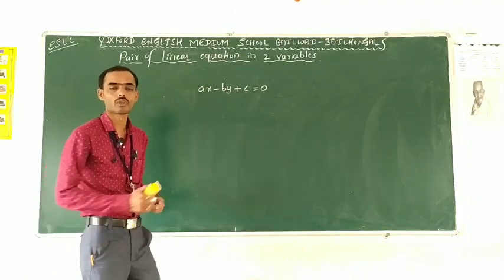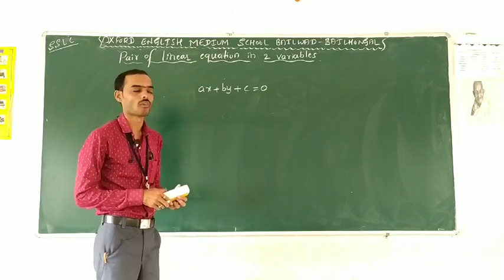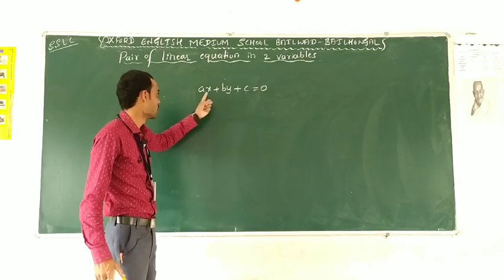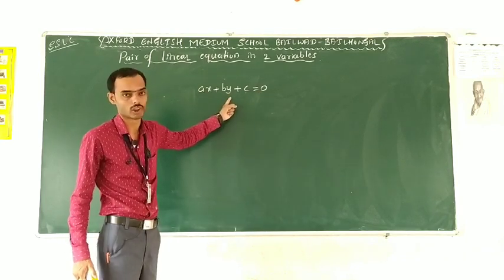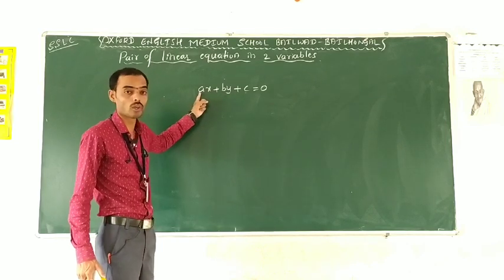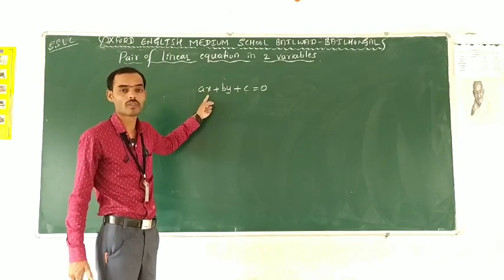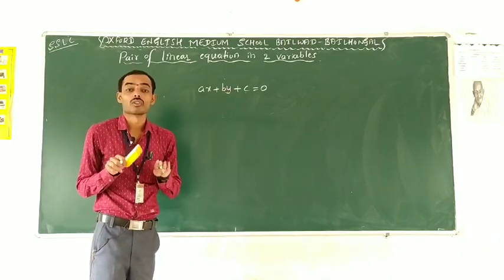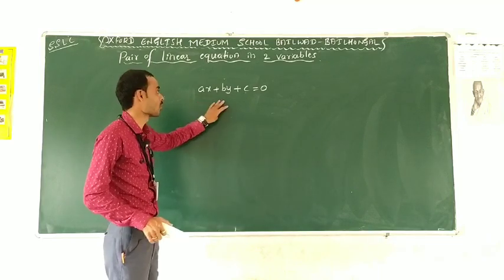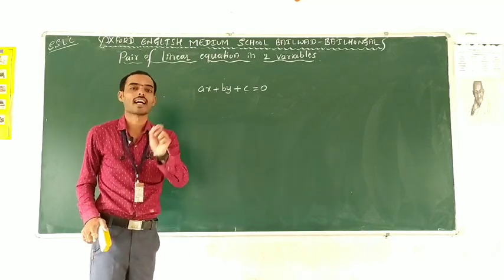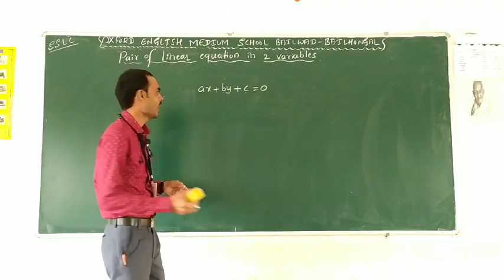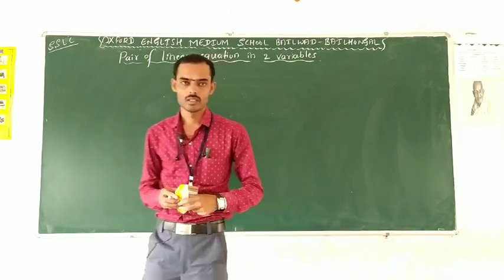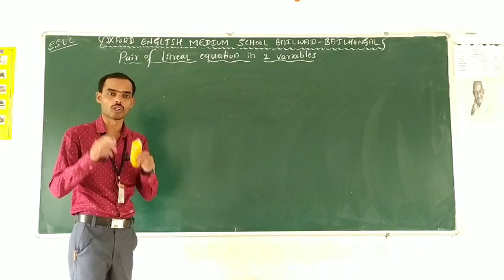What is the linear equation in two variables? The equation in the form of ax plus by plus c is equal to 0. Here a should not be 0, b also should not be 0. If a is 0, then the total term becomes 0, and it has only a single variable. Therefore it is called a linear equation in one variable. So a linear equation in two variables means we should have x and y, two variables. And in this chapter there are mainly 4 methods. But before that, you should know the special notes.